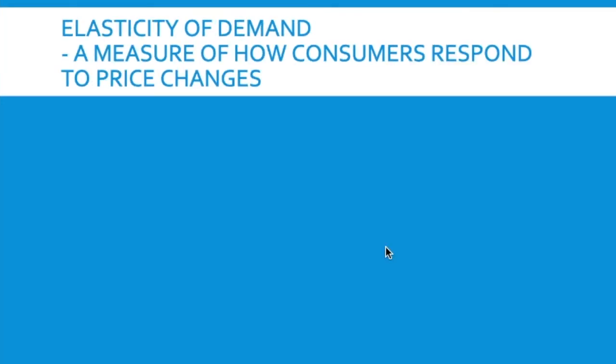Another thing to look at for demand is understanding elasticity of demand, which is a measure of how consumers respond to price changes, how much less they're willing to buy of something if the price changes. So think about how that's going to affect the demand curve. Price changes, again, don't cause the demand curve to shift, right? You're just moving up and down the line, but it could cause a different looking curve depending on that.